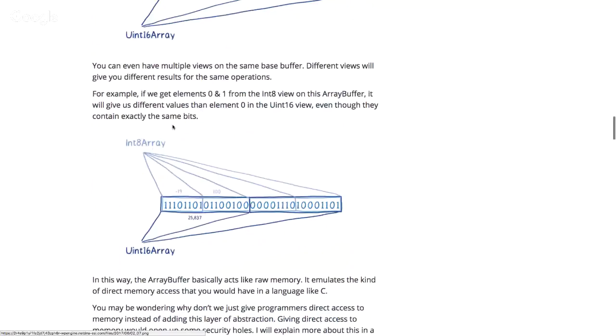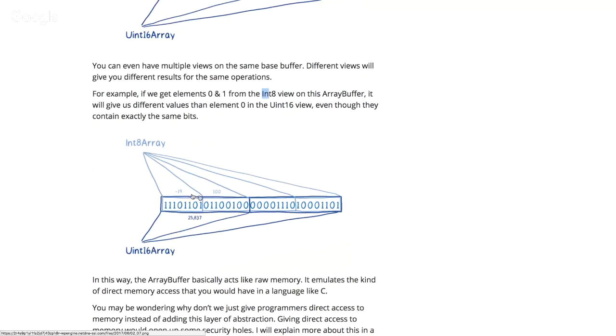For example, if we get element 0 and 1 from the int8 view on this array buffer, it will give us different values for element 0 than the uint view, even though they contain exactly the same bits. So int8 is going to split it at the 8-bit mark. You can see this 110, 111, 01101. The first element is -19, and the second one is 100 for an